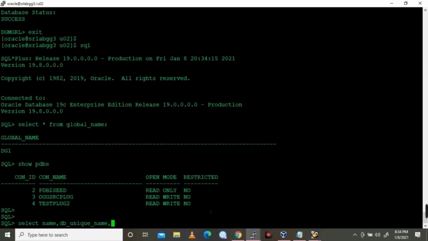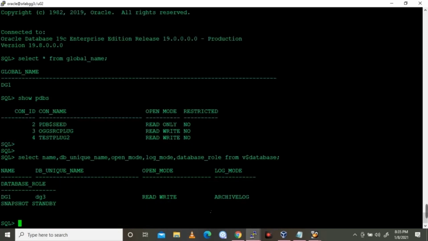While opening, this database will open with the resetlogs option, so all the logs have been reset. While we are converting back to physical standby, all the logs will start being applied. The redo logs are being transferred here, but not applied.